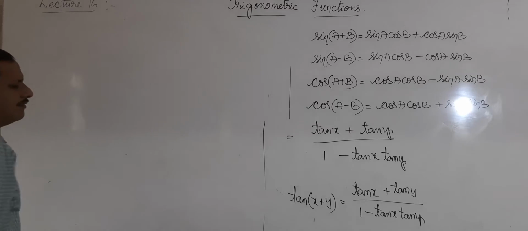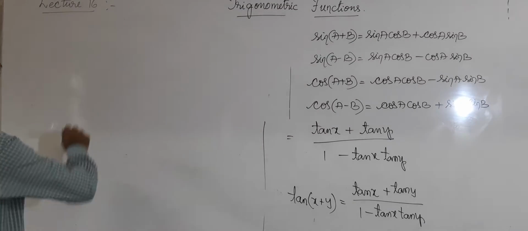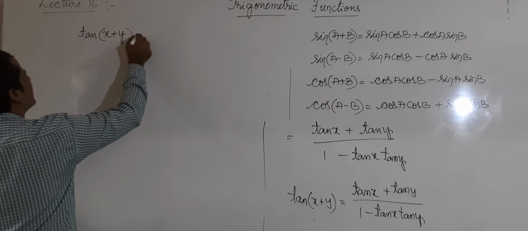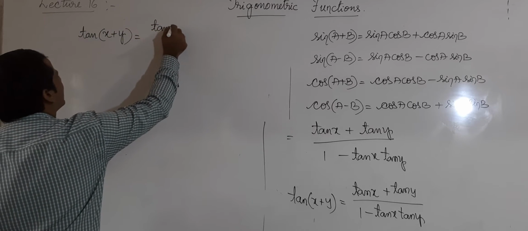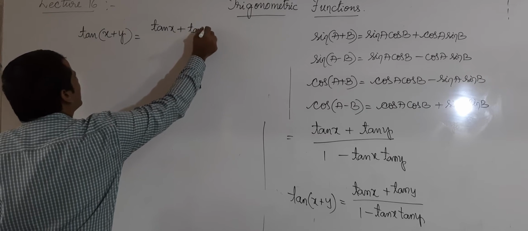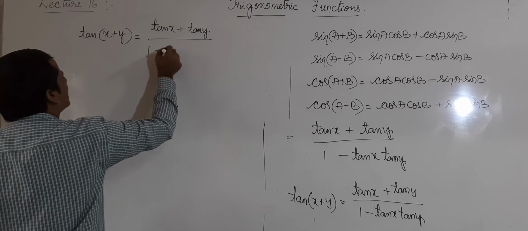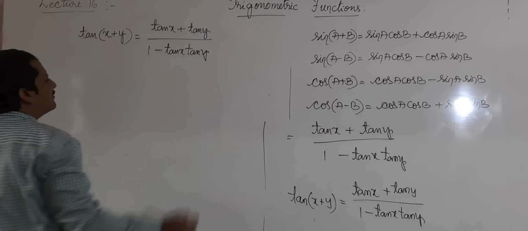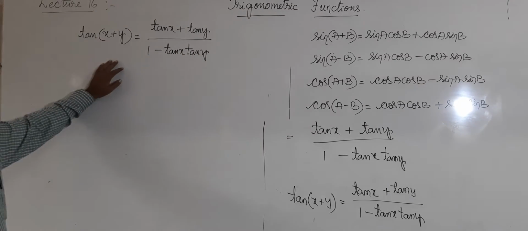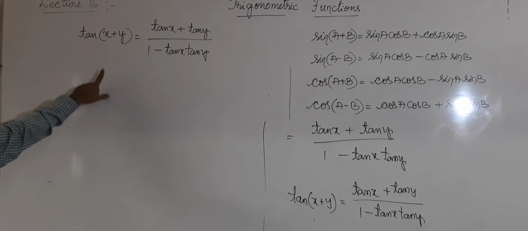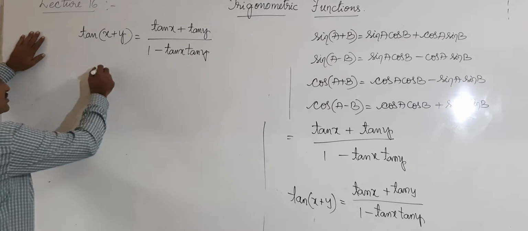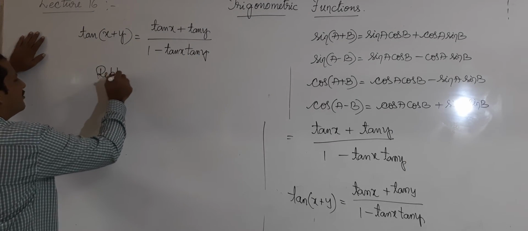So now I want a formula for tan x minus y. Okay, look here, we have tan x plus y is equal to tan x plus tan y divided by 1 minus tan x tan y, right? This is the formula we have. Now I want to derive a formula for tan x minus y. So what can we do? I will change y to minus y here, replacing